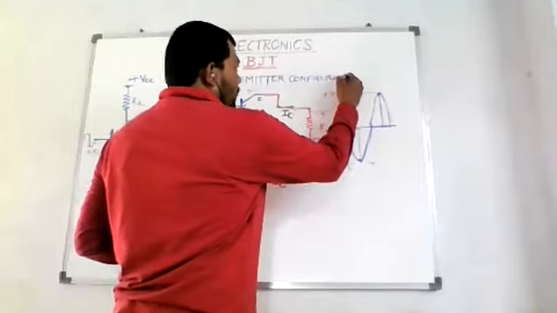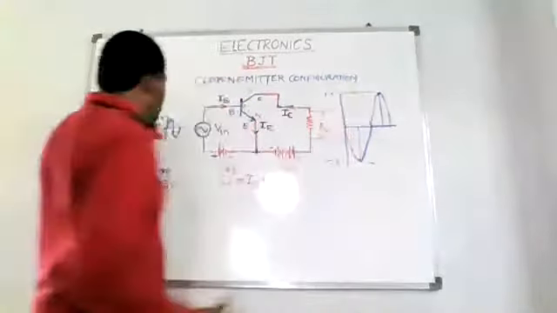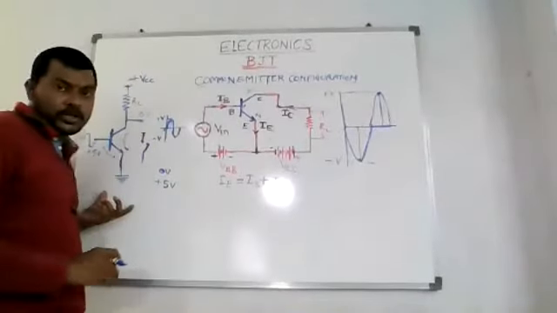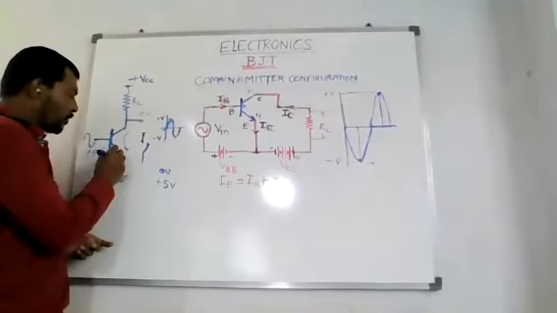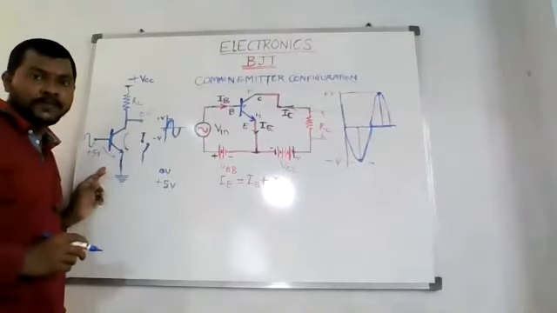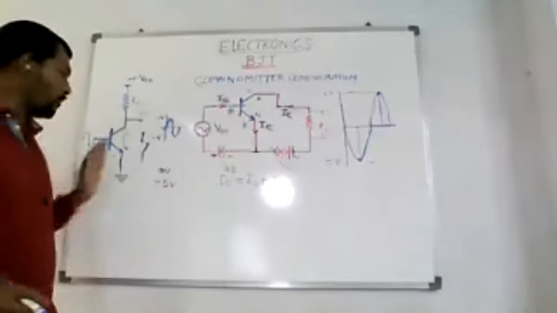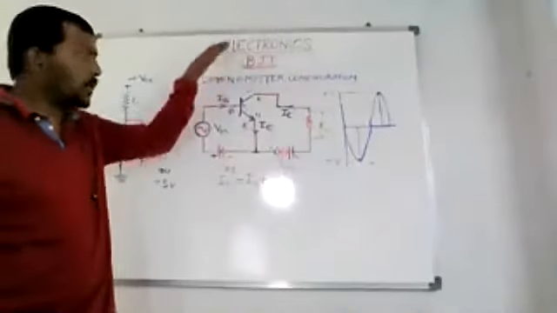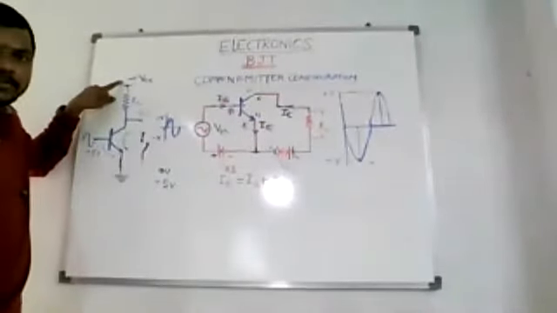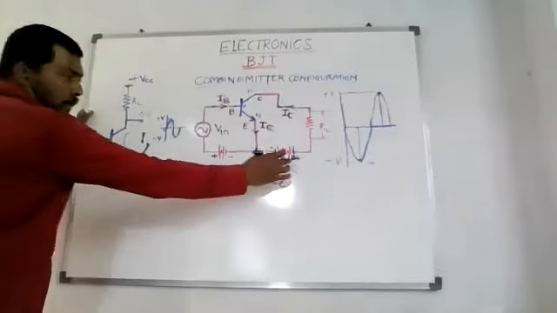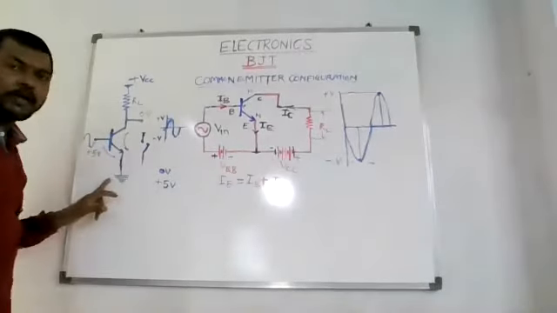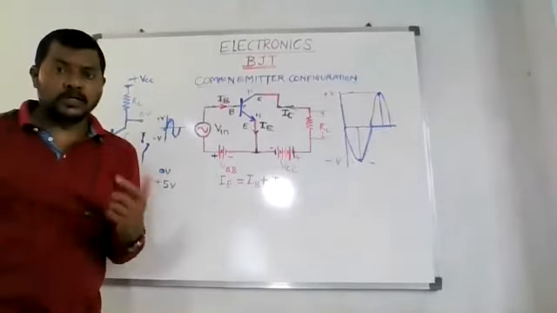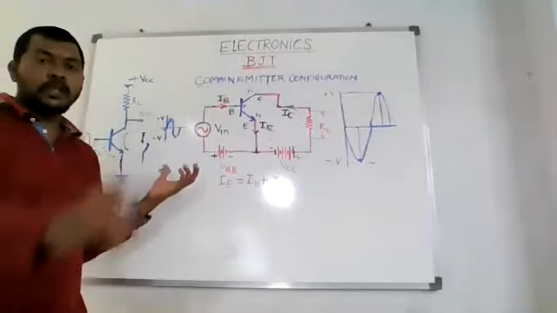So I guess you have understood this circuit. Next time I'll be drawing this circuit only. Whenever we have a common emitter configuration, we'll be drawing this type of circuit. It is the same circuit we have drawn, just with changes. This positive terminal is taken upward, which I have written here as plus VCC. This is the positive terminal of the battery, and the emitter is grounded, so I have put the symbol over here, so that we can understand how this works, right? So this is the common emitter configuration.